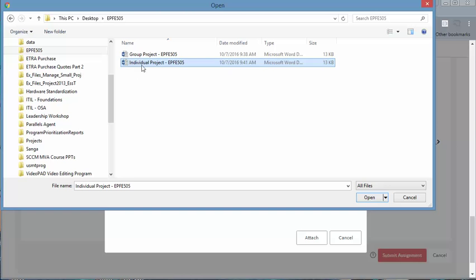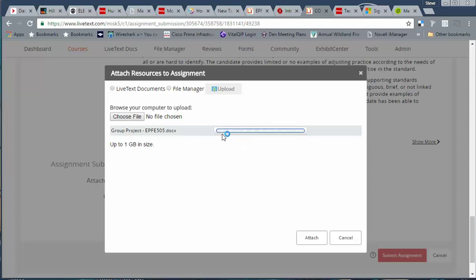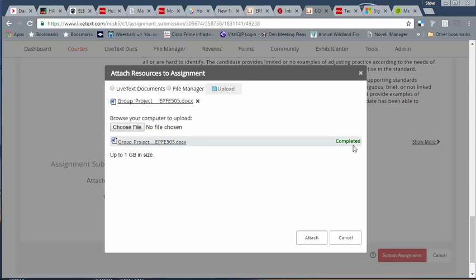So maybe this is the individual or the group portion of the assignment that I've been working on. I'm going to go ahead and click open. You'll see this little black and white candy cane scroll across here. Wait until that little candy cane switches to colored and indicates that it's been completed. If I had an additional document that I wanted to attach, I'd go ahead